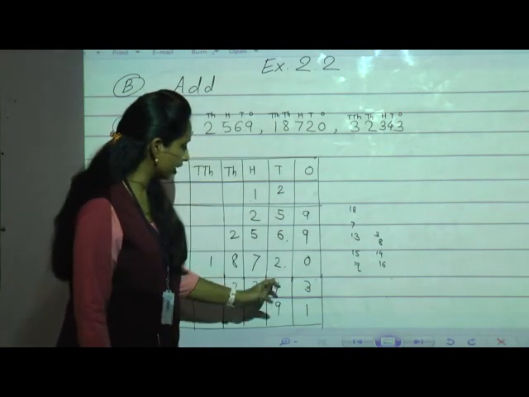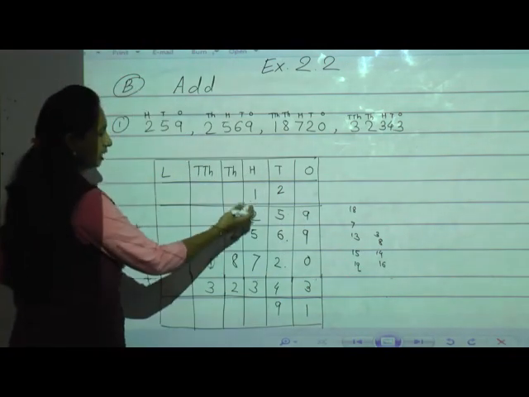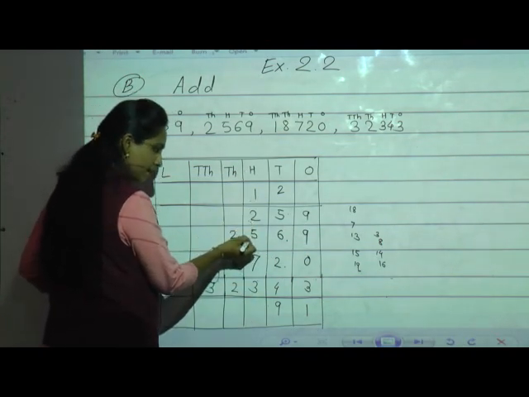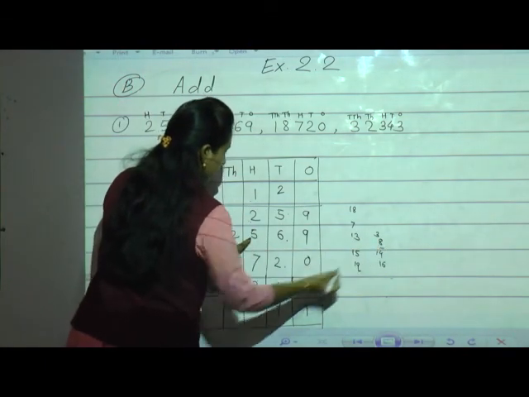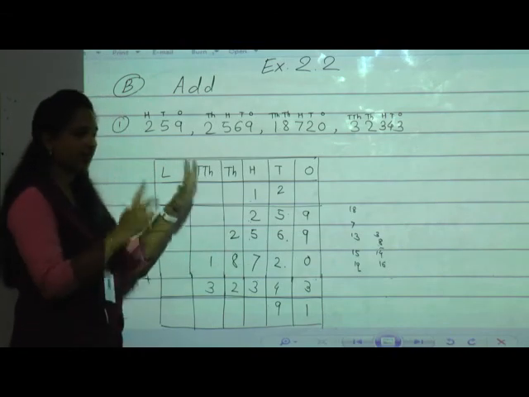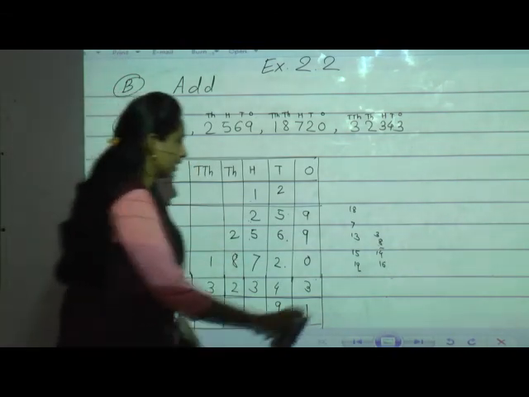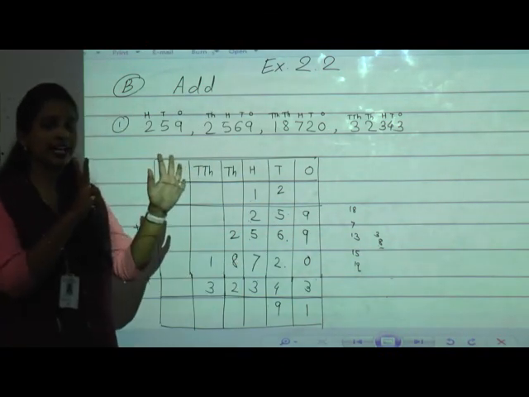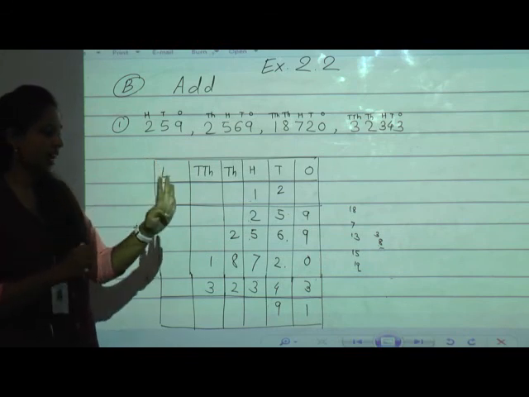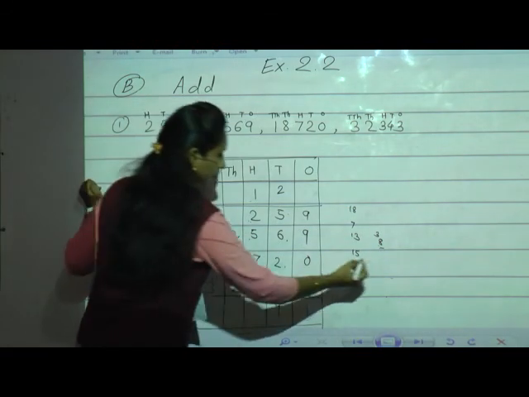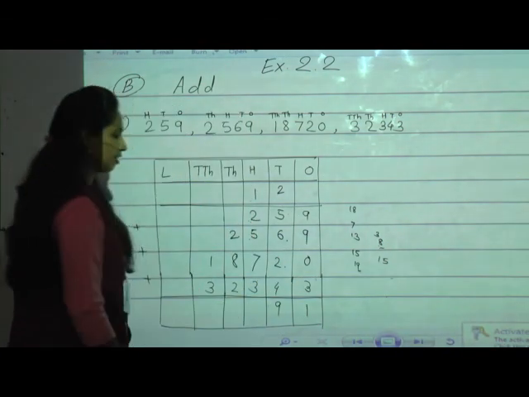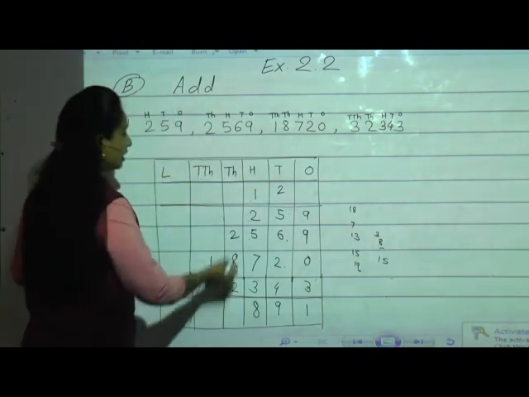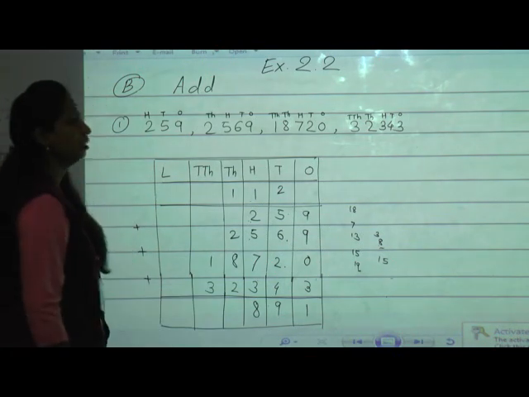Again we are doing the tens place, which we have already done. Now we have to do the hundreds place. 1 plus 2 is 3, 3 plus 5 is 8, till here we have done correct. 8 plus 7, after 7 fingers we were supposed to do, but by mistake I went with the tens place. Okay. 8 plus 7, see, 8 after 9, 10, 11, 12, 13, 14, 15. I'll write 15. 15 plus 3, 15 after 3: 16, 17, 18. So 18, I will write 8 in the hundreds place, 1 will carry to the thousands place.